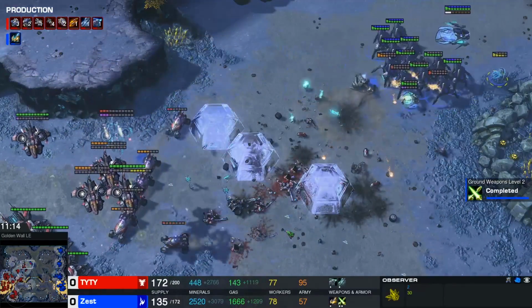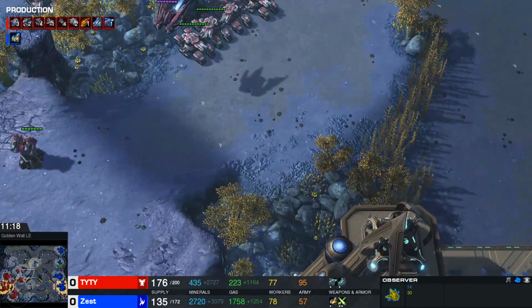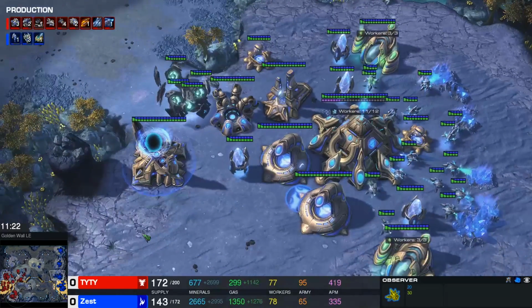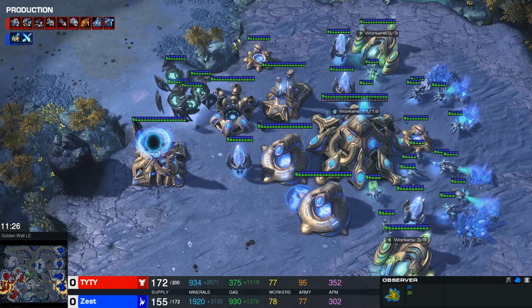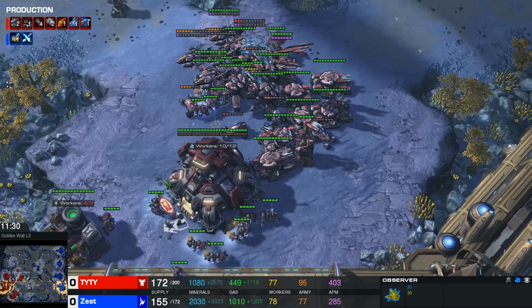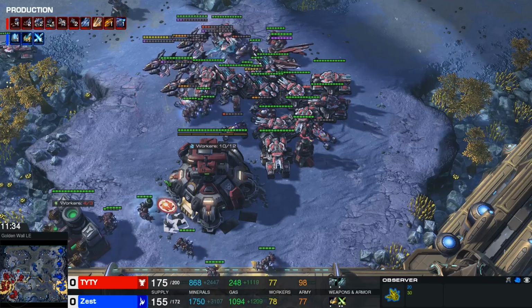This was a good fight. That was a very good fight. A lot of Hellions died. There's a lot of money in the bank for Zest. Not sure if Zest just forgot the macro for the past 3 minutes or if he's waiting for something. Sometimes you wait because you're not quite sure what your opponent's army composition is, but now that he figured out his opponent's army composition, I kind of would expect him to go into Immortals. That doesn't really seem to be the case, so...